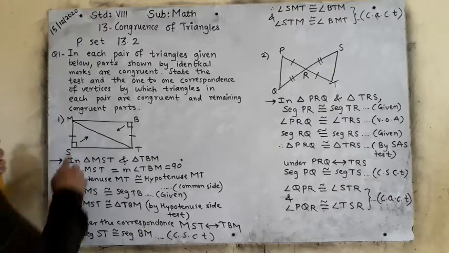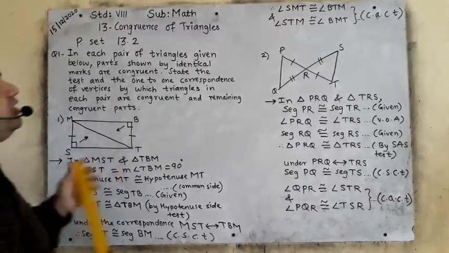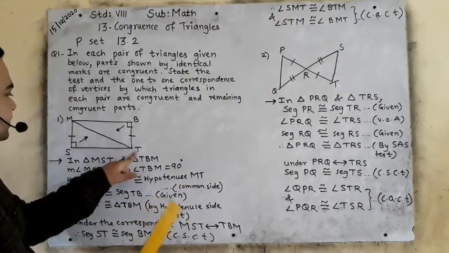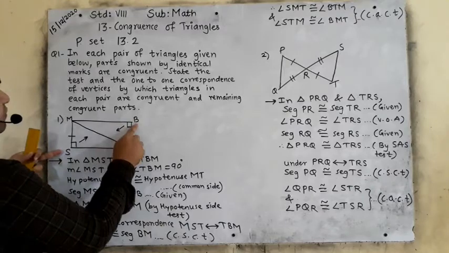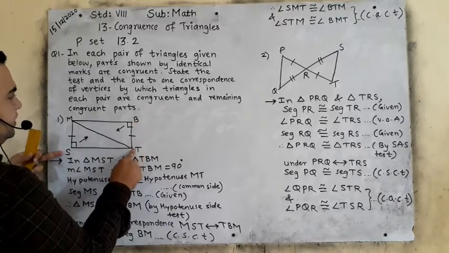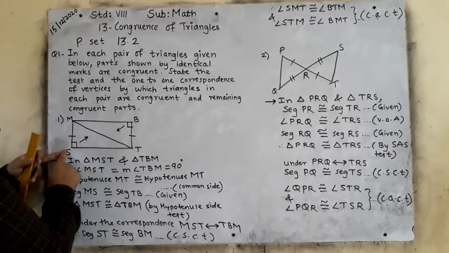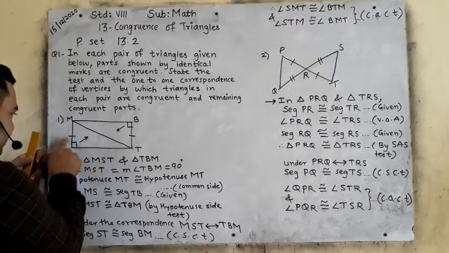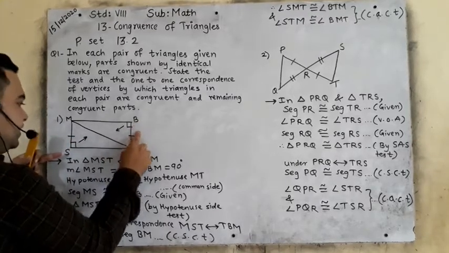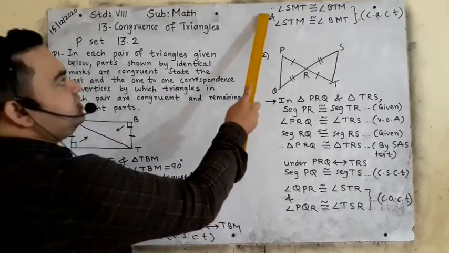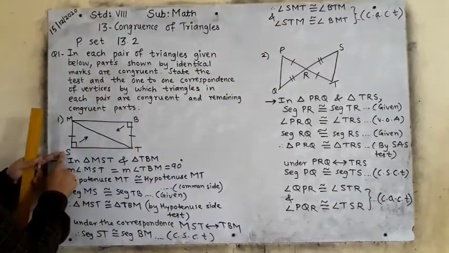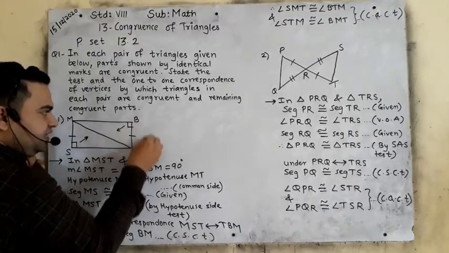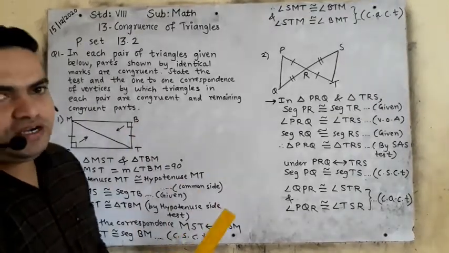Now the remaining two angles, CM and T. Therefore angle SMT starts from 90 degree, so here we will start from here only. BTM, see here, SMT, SM. BS goes to one line, where is the one line? Here one line is there. So BTM, is it clear? Therefore angle SMT: S started from 90 and went to one line, M here starts from 90 and will go to one line, T. BTM are congruent to each other.